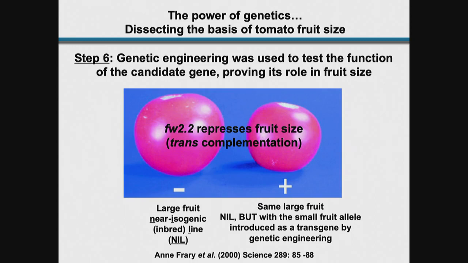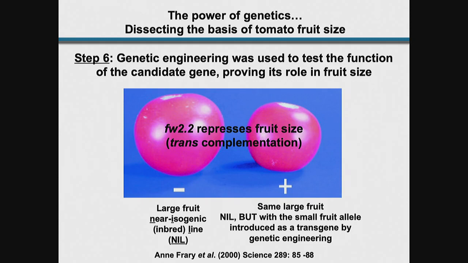But you could use genetic engineering in that inbred line. So that inbred line with the large fruit size has the large fruited allele from the large fruited parent. But you could genetically engineer into that inbred line a small fruited allele from the small fruited parent, introduced as a transgene